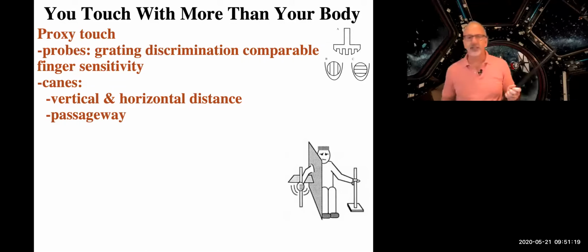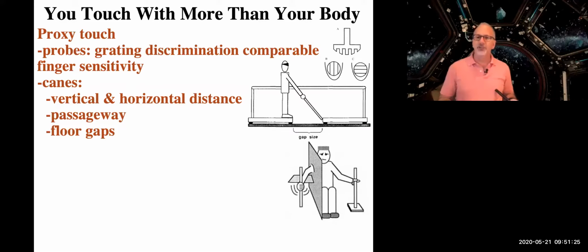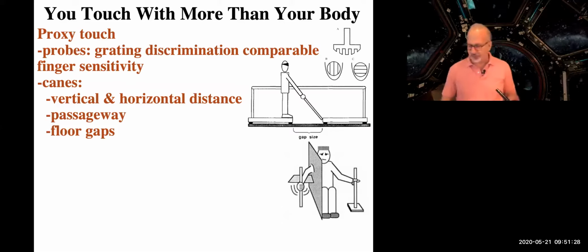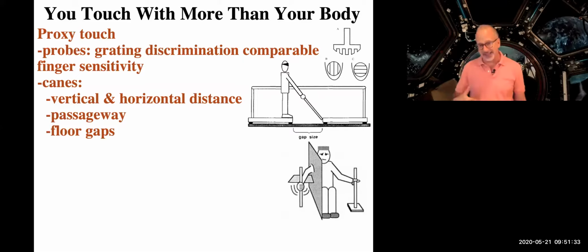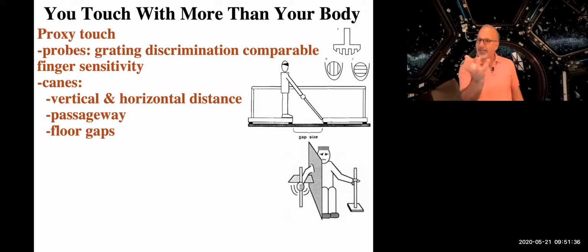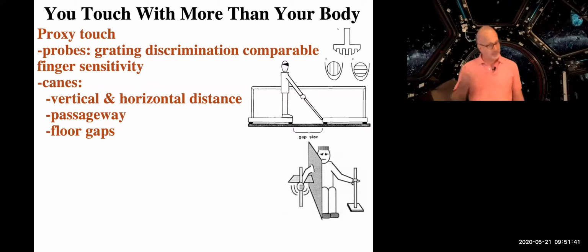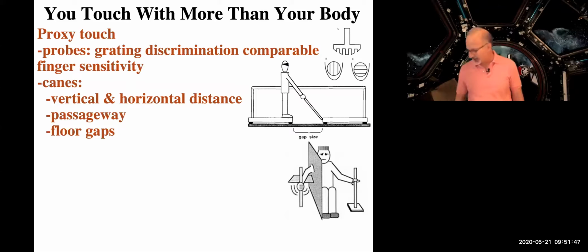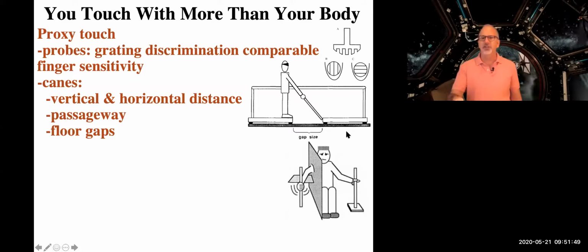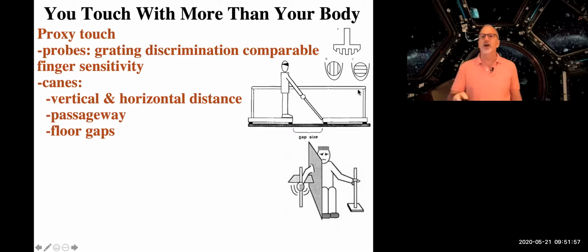Other things, real quickly, floor gaps, and this is something that the blind have to do often. They have to determine whether there's a gap in the sidewalk, or a gap at the curb relative to the street. They have to know whether to step down or not, or whether they can step over that little break in the sidewalk. This is something the blind do all the time. And yes, the blind can do this in these sort of experiments, but so could you. You'd be able to tell whether a gap size, as we're showing here in this particular image, is something that you could step over or something that you would have to either jump to or step down and then step up off of.